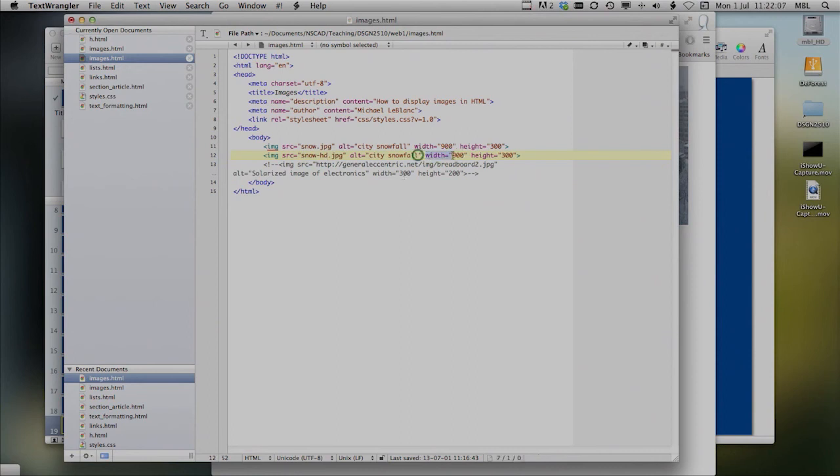But the width setting in HTML says, I don't care how big this image actually is, I'm going to present it with a width of 900. So in this case, it's going to deliver two images, one of which is the original regular resolution image, and the other one is going to be a high definition image. So let's save this and take a look